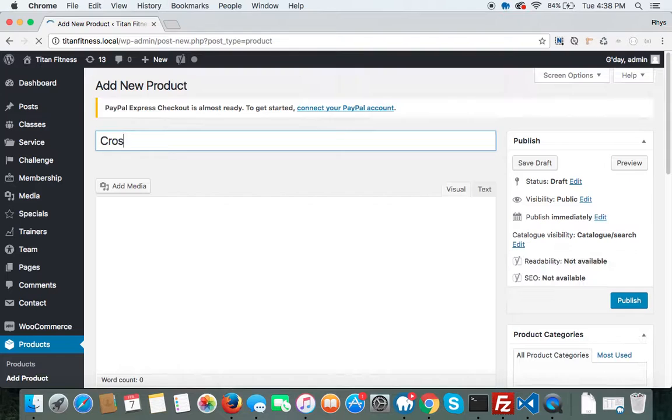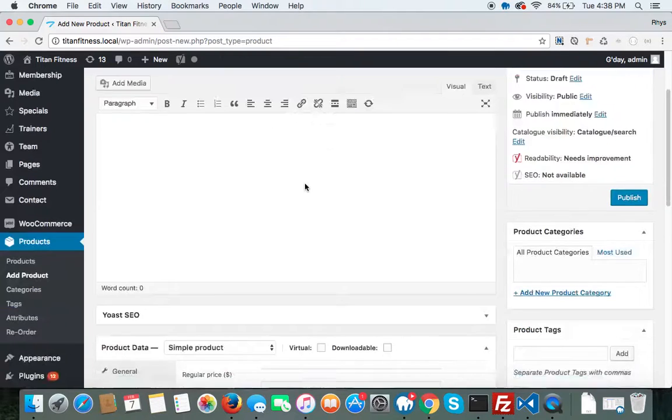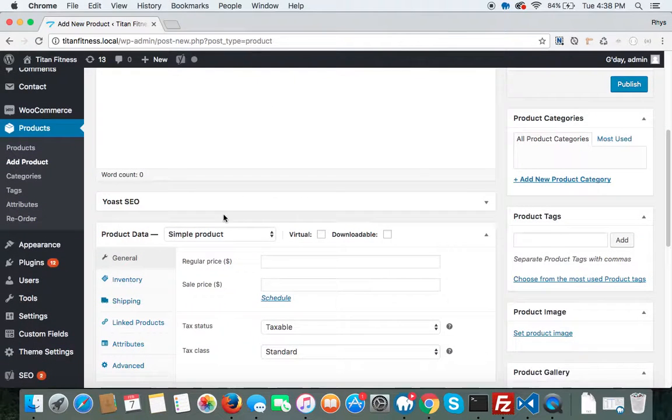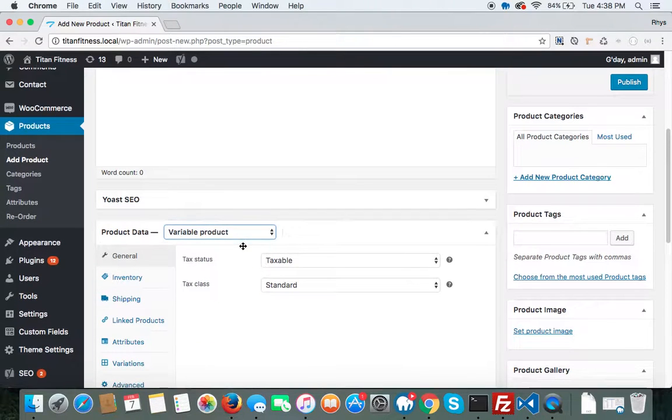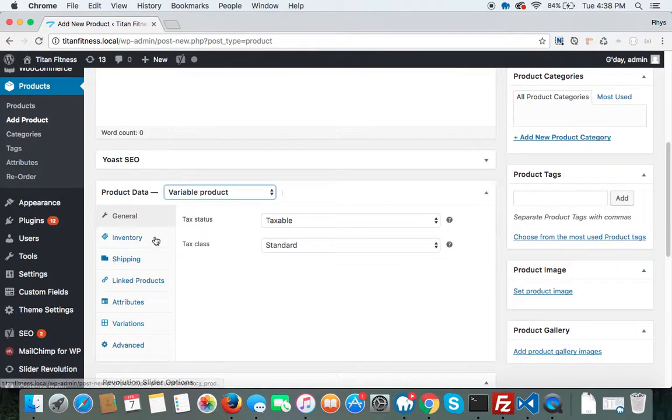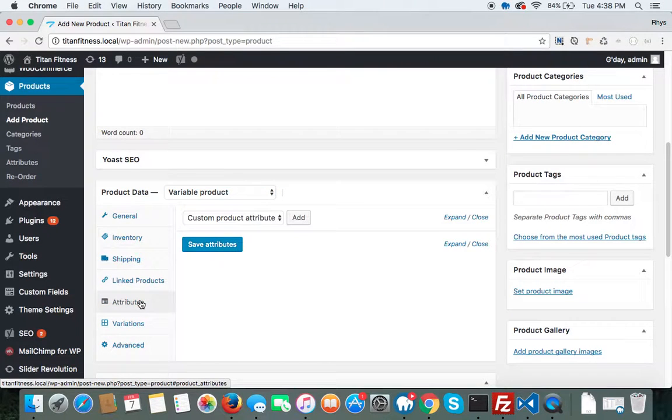Now I'm going to skip through all the other stuff that you normally do when you create a product, like adding the thumbnails and setting the categories. The first thing we've got to do that's important is set it up as a variable product. So we do that, and then we go down to the attributes, and we need to apply an attribute to this product. In this case, we're going to use training levels. So we go to add,